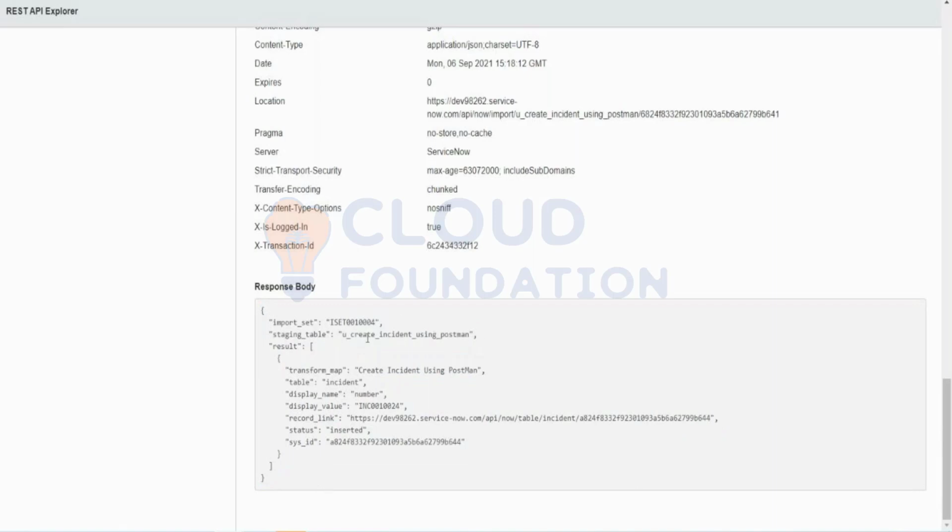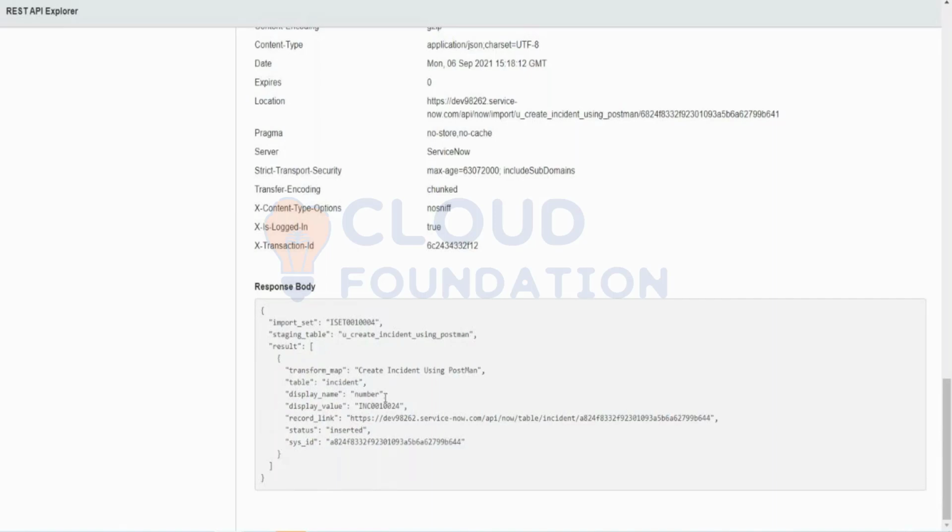Do you see the comma, comma, comma after everything? So it is going to just send it away like this, meaning it is just going to push it in JSON format. There you have to fetch the details like transform map means this, table means this, number means this, status means this, value, if along with the number I put some status or short description, means that. This is how it would have sent the response body.